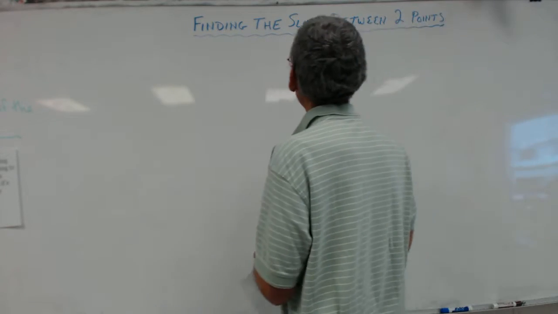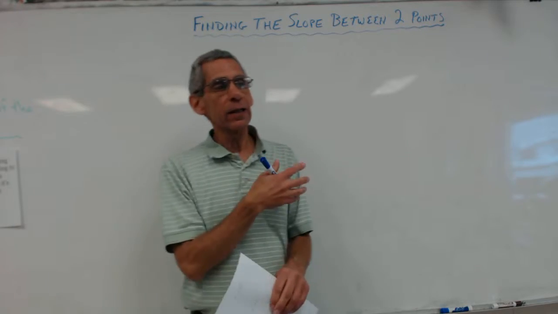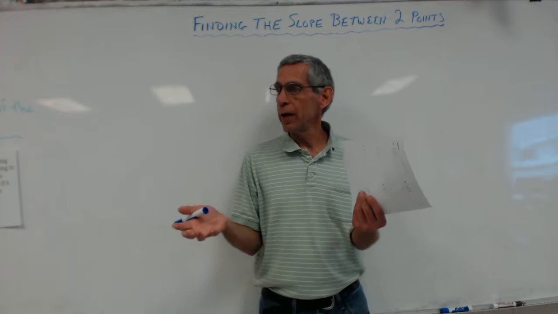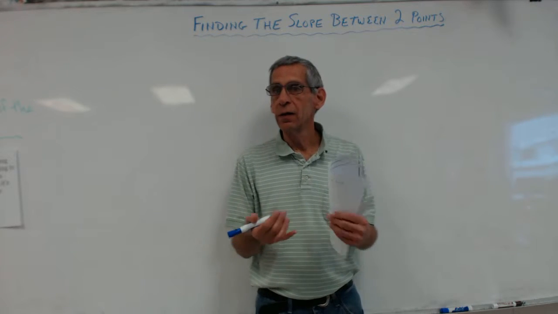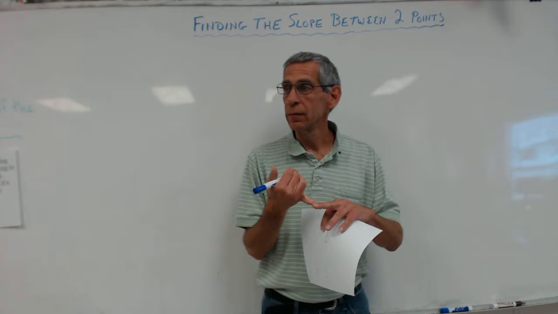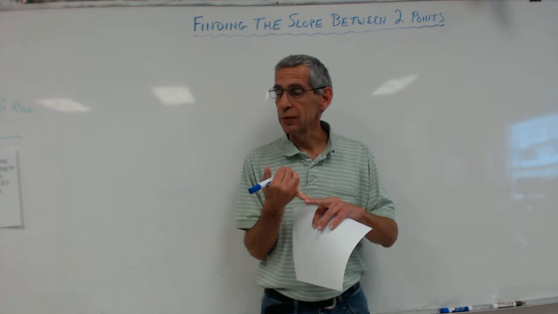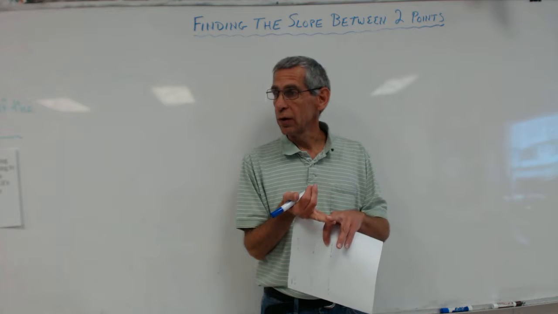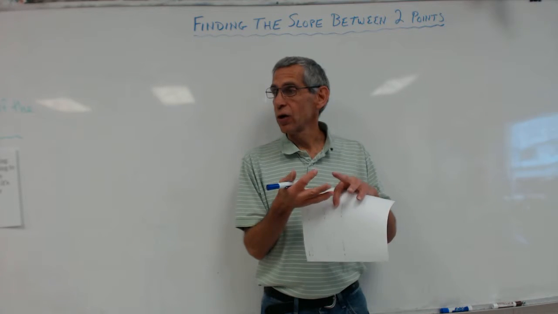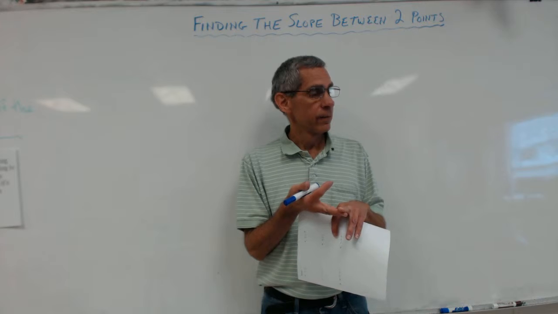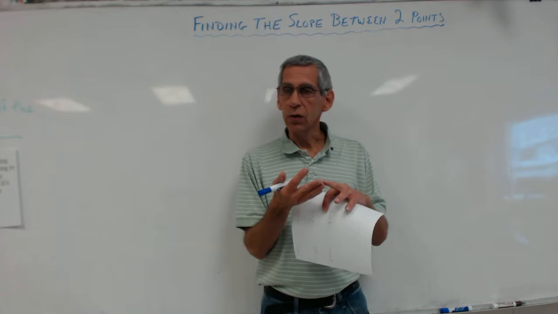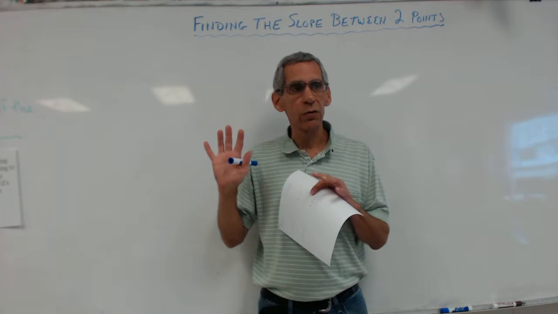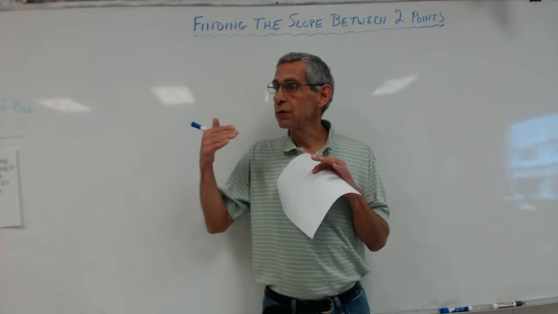Okay. Finding the slope between 2 points. Basically, what we're about to do: I taught you the way of graphing in standard form using x and y intercepts, right? I've already taught you how to graph in point slope form with the shortcut method. I've taught you how to graph with the t-chart. Now we're going to work with not only the graphing but also understanding how these types of equations work,